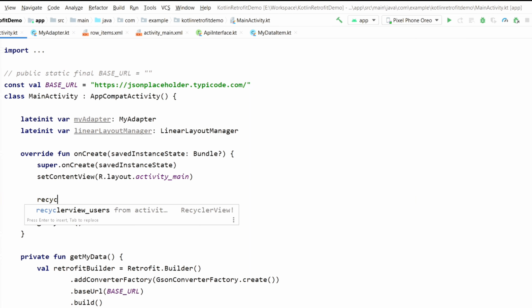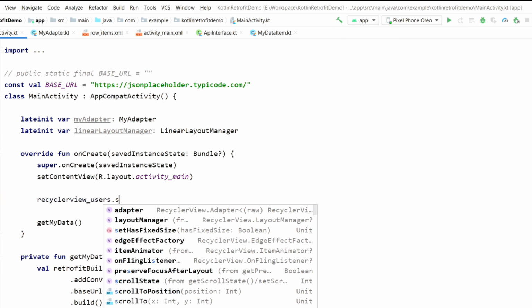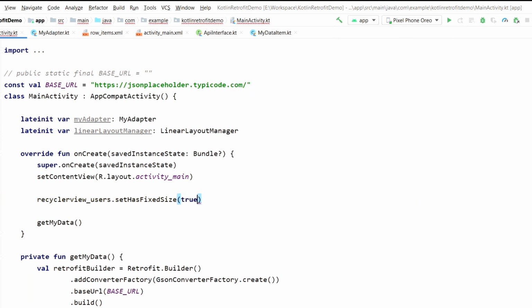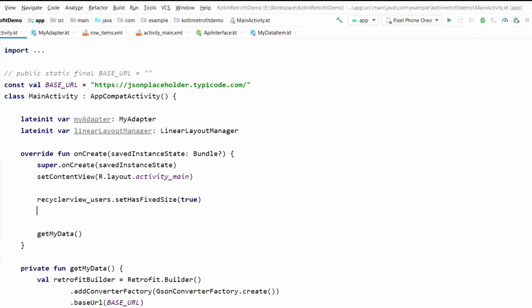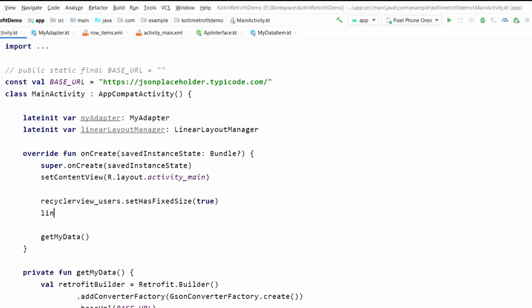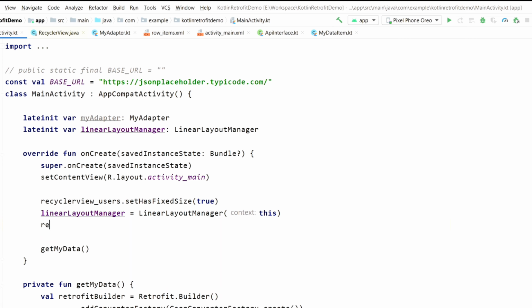So let's access our RecyclerView by using synthetic binding. We can access the IDs from RecyclerView directly. Dot setHasFixedSize, as we can pass here as true, so that it will not change its size if it is getting impacted with other layouts. So that is the reason we use this setHasFixedSize true. Now we need to create an object of LinearLayoutManager, and we can pass it this. Now we need to set this same LinearLayoutManager in the RecyclerView. So to set this, we will write layoutManager, which is equivalent to setLayoutManager, and we will use linearLayoutManager here. That is it.